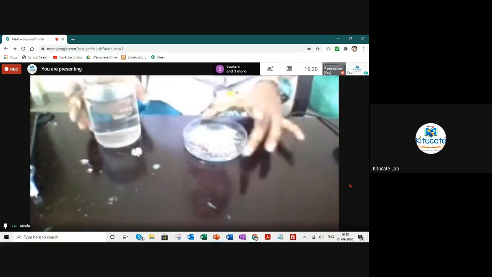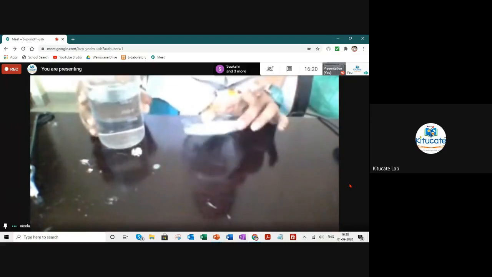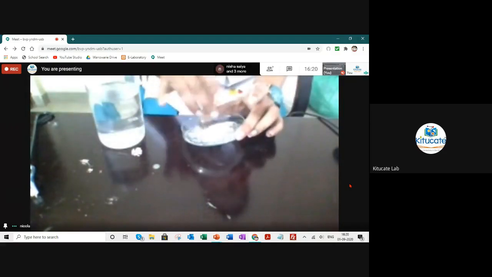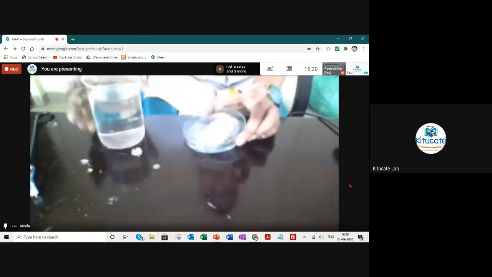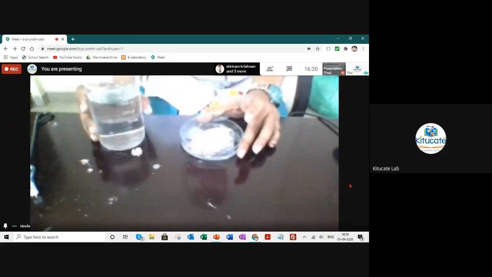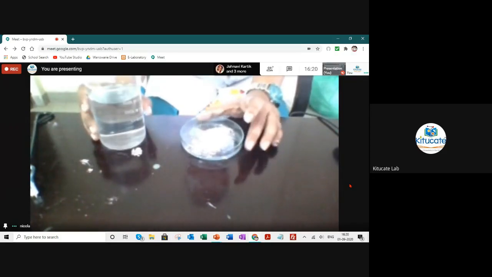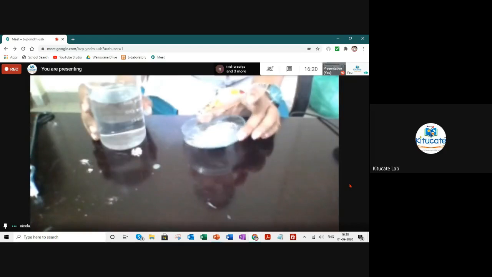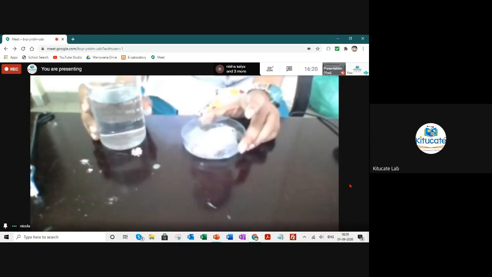So what happens when you dip a litmus paper in acid, and what happens when a litmus paper is dipped in base? Okay. So there is a thumb rule which you all need to remember: whenever any litmus paper, either red or blue, is dipped in an acid, the end result will be red color. So if red is dipped in acid, red will remain red. If blue is dipped in acid, the blue will turn into red. So the end result for acid will always be red, and the end result for base will always be blue.